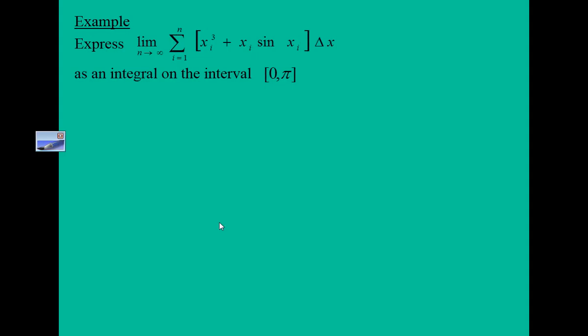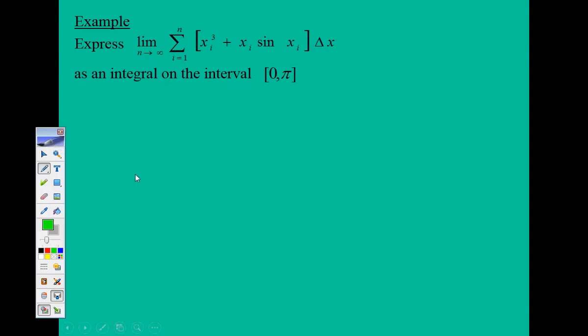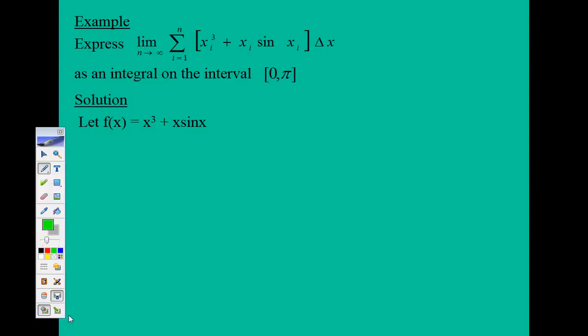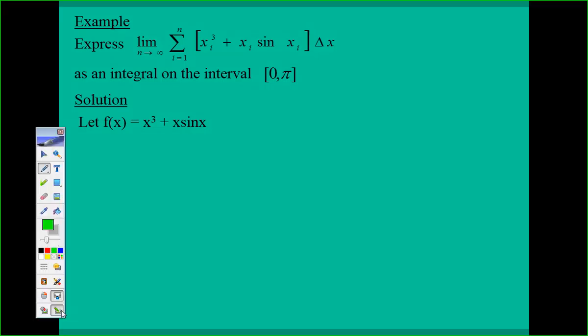Here's an example. Express the limit as an integral on the interval from 0 to pi. So if we wrote this as an integral, we know that our function would be x cubed plus x sine of x. Because think back to when we set up our Riemann sum, we would have the integral,